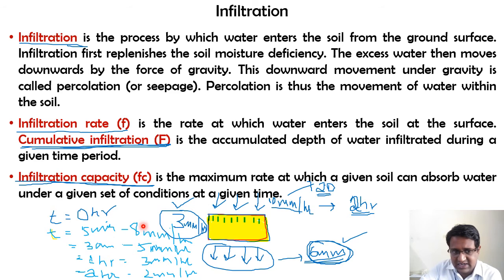So like this, basically we are going to calculate the infiltration capacity, and to calculate these infiltration capacities we are going to use something called infiltrometers. These infiltrometers will help us in determining the infiltration rate and infiltration capacities. We are even going to solve problems on all these aspects. These are a few of the terminologies that we are going to study with respect to the infiltration process.